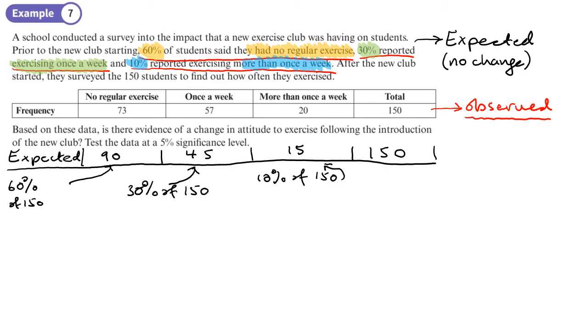Now we're ready for H0 and H1. H0 is always based on the expected. The expected might be that it's not biased, because we've got the expected frequencies here. The expected values were the values based on the people doing exercise before the club opened. So H0 is going to be that the